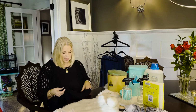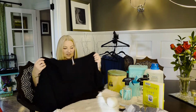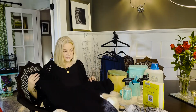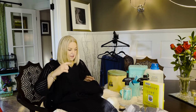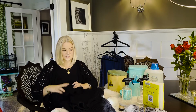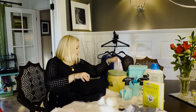I actually got a similar sweater, but this is not wool. This is a cotton one, but it's similar in its boxy kind of shape. And I'm still going to, because I like the boxiness of it, and I am so worried that it's going to lose its shape, I'm going to do the same thing as the instructions are for any kind of sweater care, and it is just the same. You roll it up, get your biggest bag,